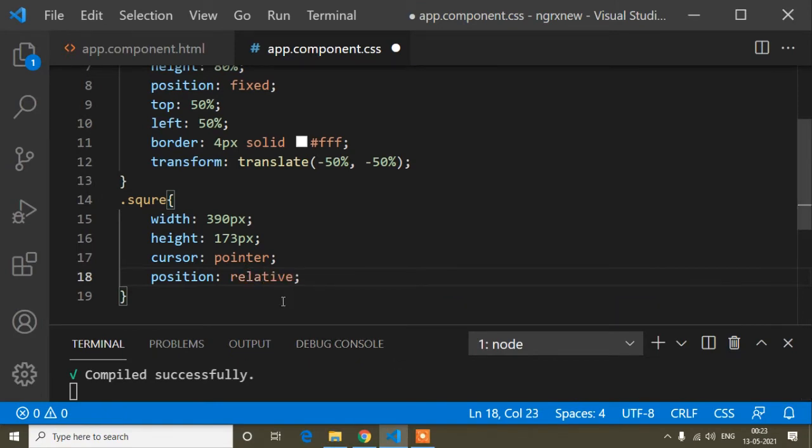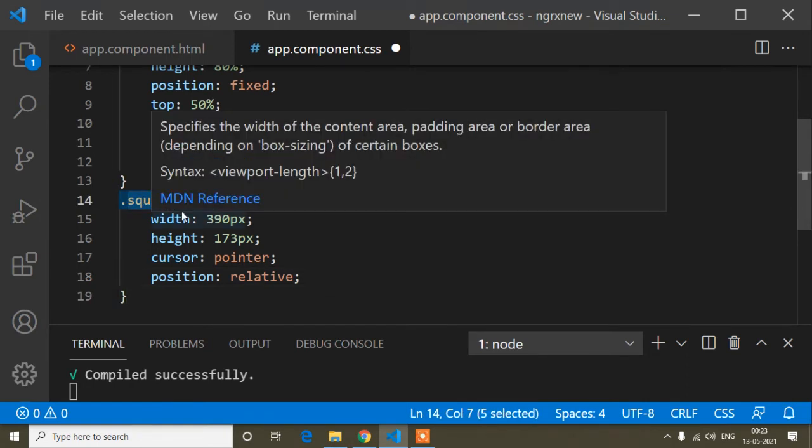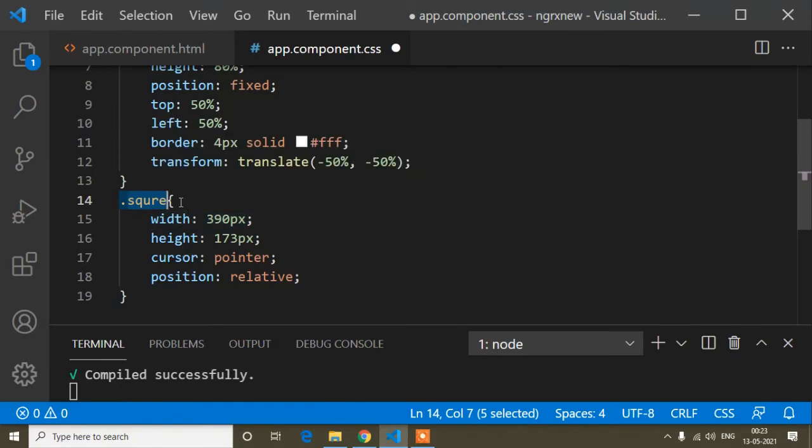Position is relative. So guys, when we add position relative and position absolute, suppose this is the div of square, and on this square div you want to float another div, at that time you have to write the square div as relative, and the div you want to float on this square div, you have to write absolute.